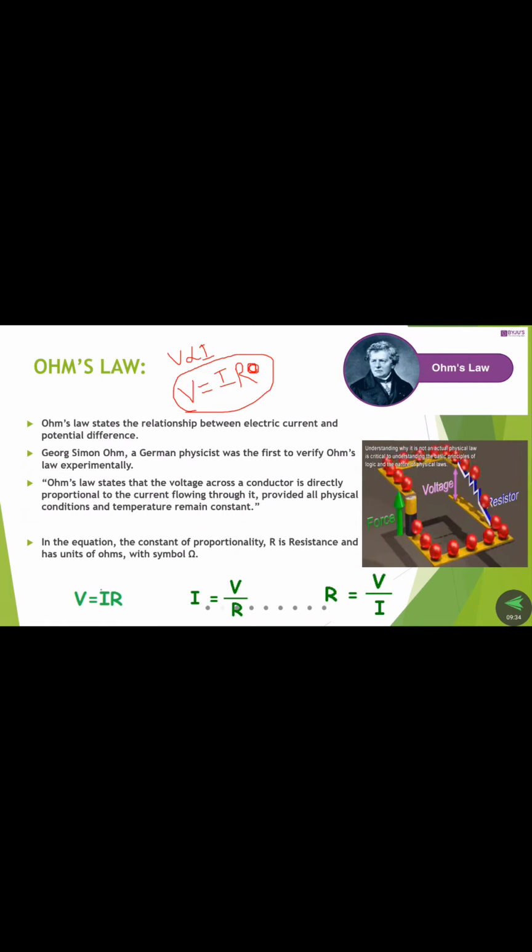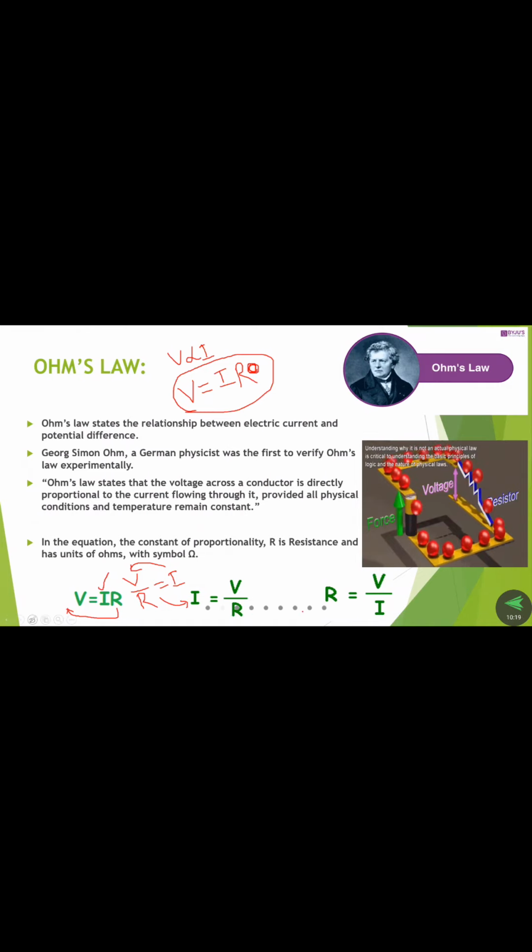For example, if you want to find the I equation, then R is moving to the LHS side. Here R is a multiplier, multiplied with I. But whenever it is moved to the LHS side, it comes to the denominator. If it is in the numerator on one side, then on the other side it becomes a denominator. So V by R is equal to I. Simply, we are moving LHS side to RHS side, RHS side to LHS side. So the equation becomes I equals V by R.